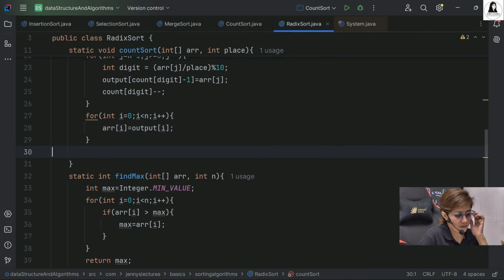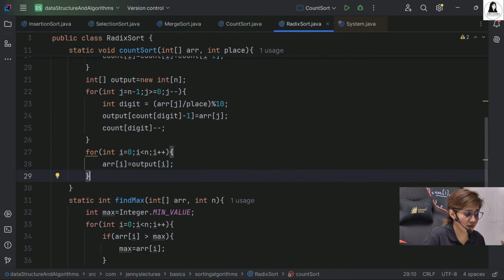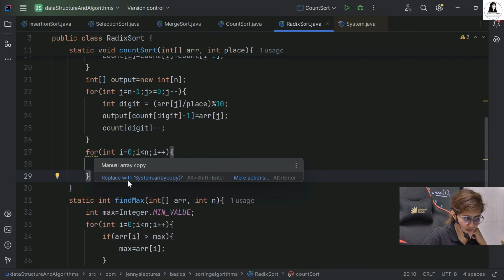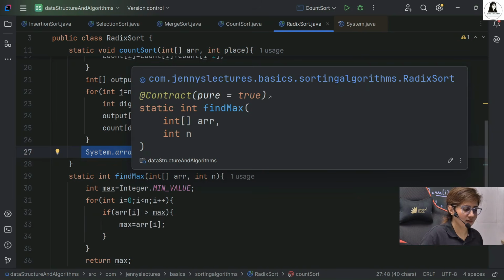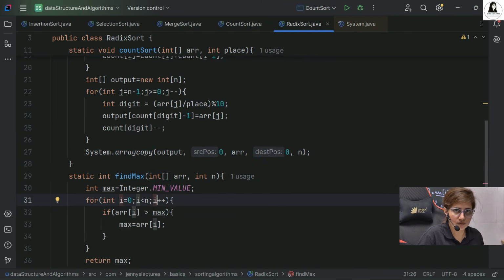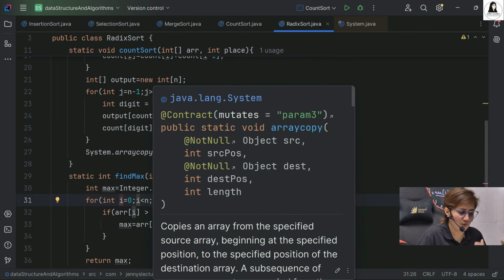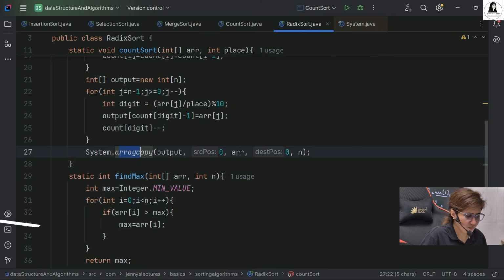That's it. Rather than this traditional loop, we can use an enhanced loop also. See the line here. So replace it with, sorry, it's for system copy, so we can replace it with array copy also. If you are comfortable, you can use this. It's always more sophisticated if you use this kind of method rather than loops. But I just keep in mind that you are a beginner, so I'm telling you that with the help of a for loop we can copy this. Otherwise you can use this also. Array copy, this method.